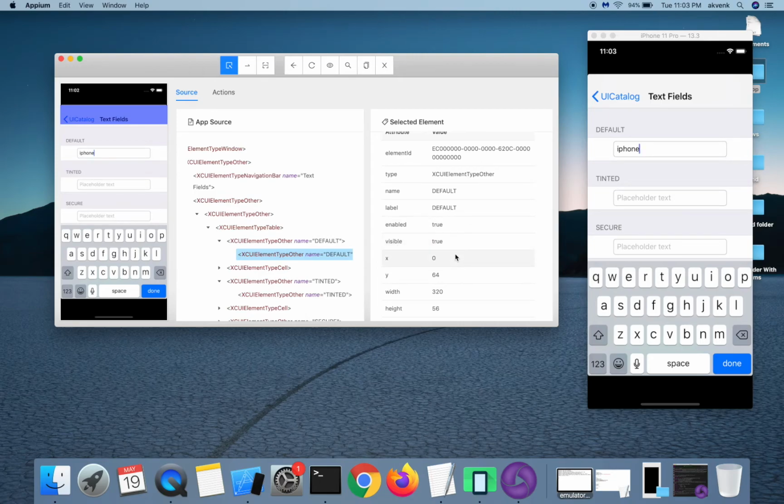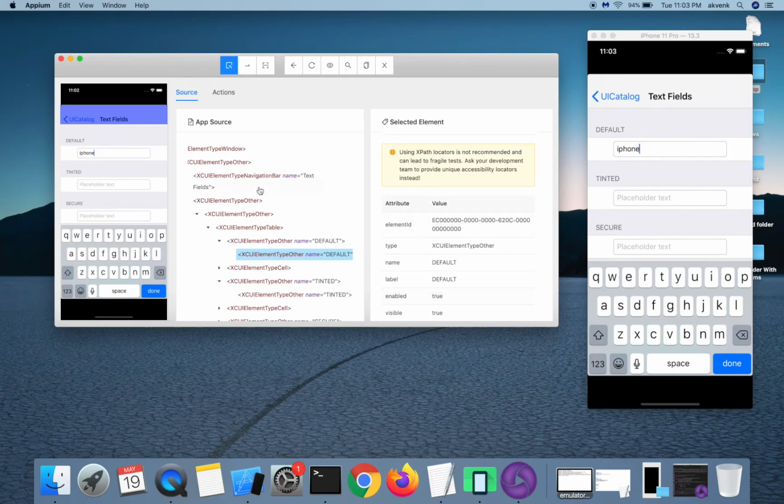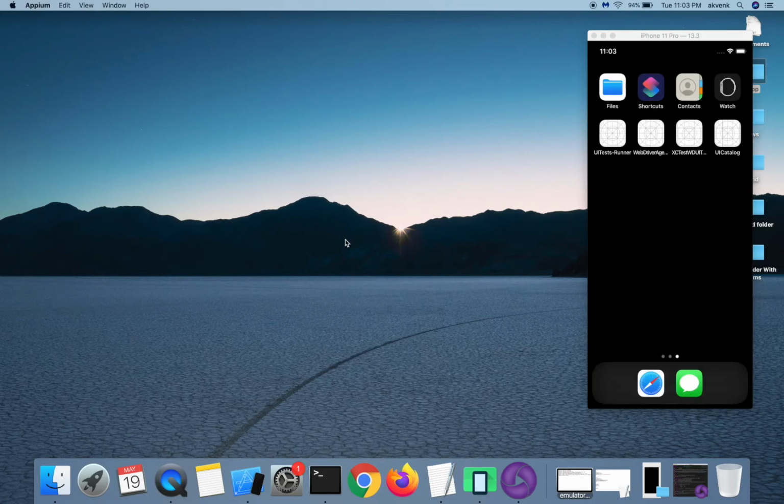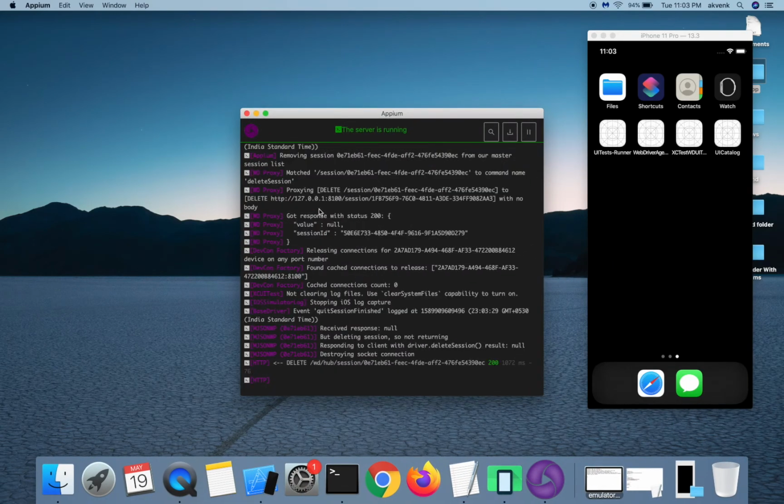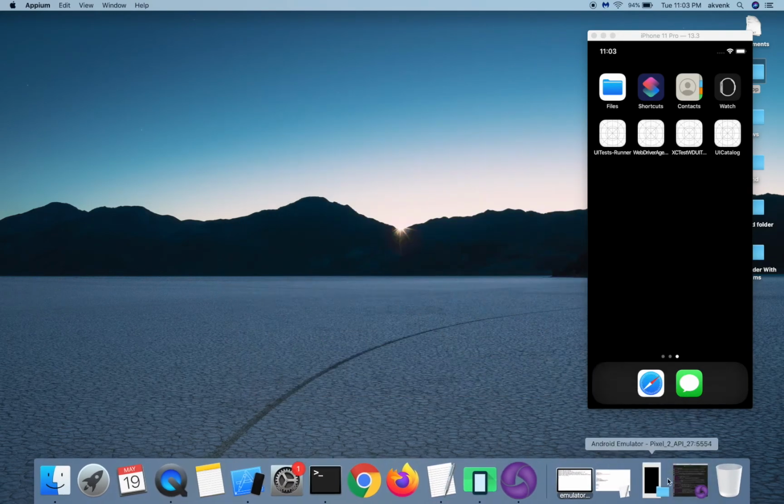Now let us go ahead and launch the Android inspector. Let me quit this, and then we have to reopen the session window.